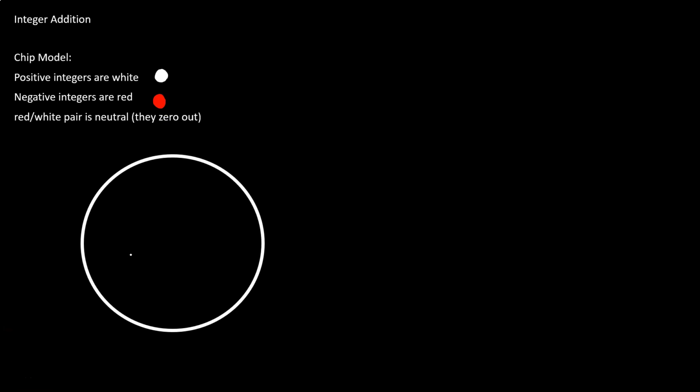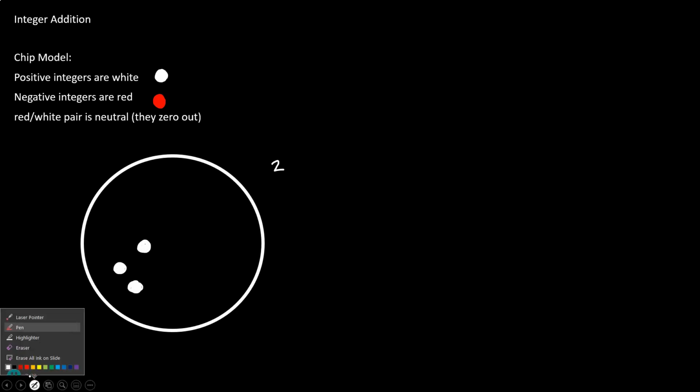If we wanted to represent the positive number 2, like they did in the book, we could use 2 positive white chips because 2 is a positive integer, and their 2 positive white chips is equivalent to 2. However, we could add neutral pairs and still find a net value in our model of 2. So if I were to add a neutral pair, like another white chip and another red chip,